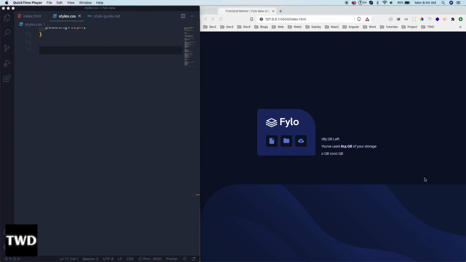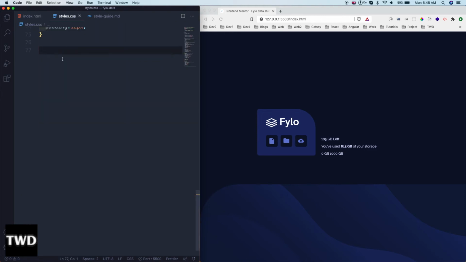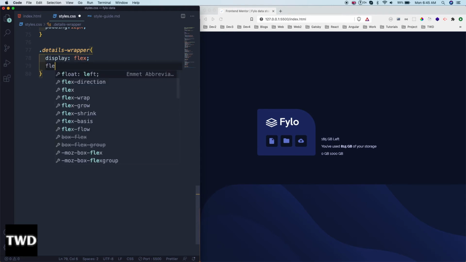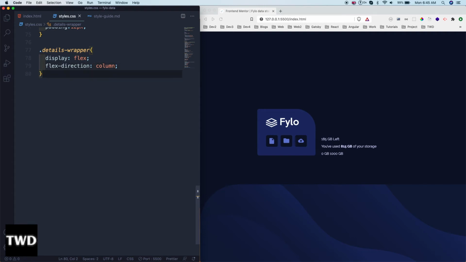Now we will create a details wrapper and mainly style this. So let's go ahead, and we have this details wrapper which wraps everything. So let me copy this first quickly. Our details wrapper, display is flex, direction is column, and then